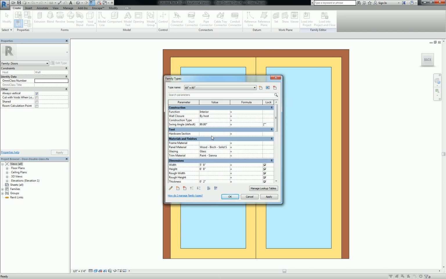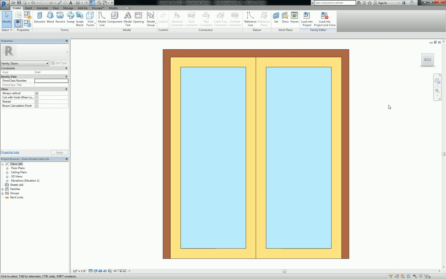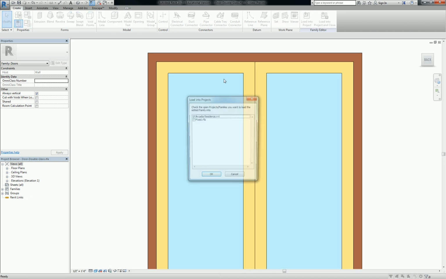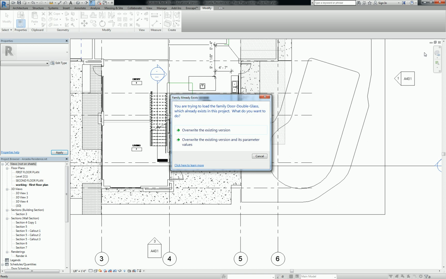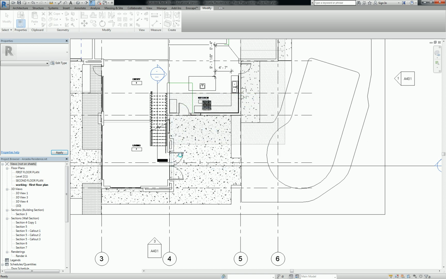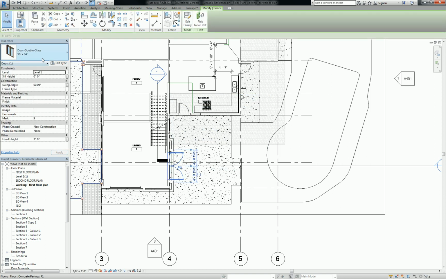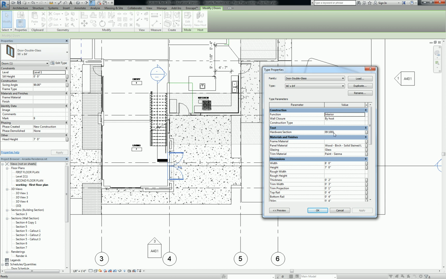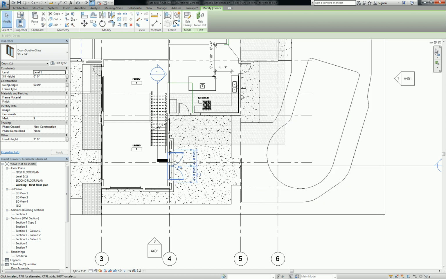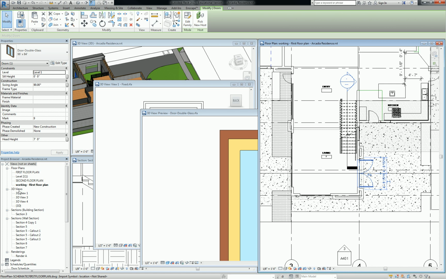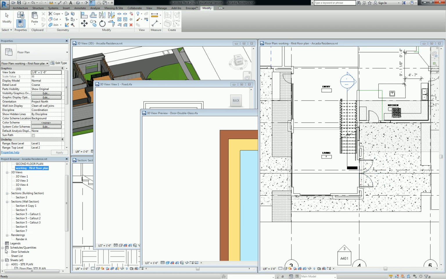I can say 090010. I'll call it A. I don't know. OK. Now, that parameter exists in the family. I load it back into the project. If I edit the type of the door, you'll see that it exists right here. Okay. If I try to go to the schedule